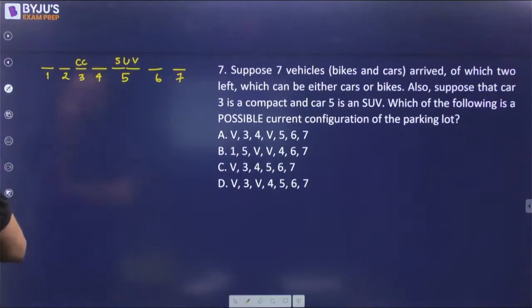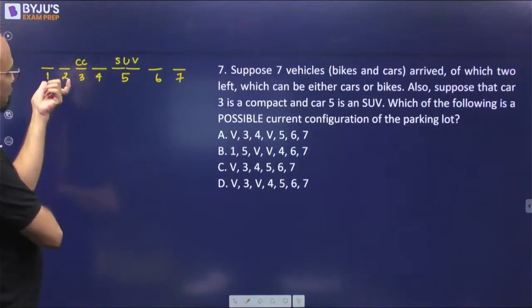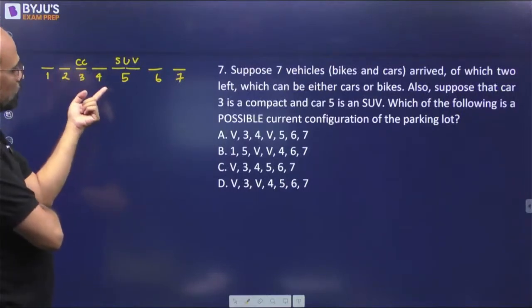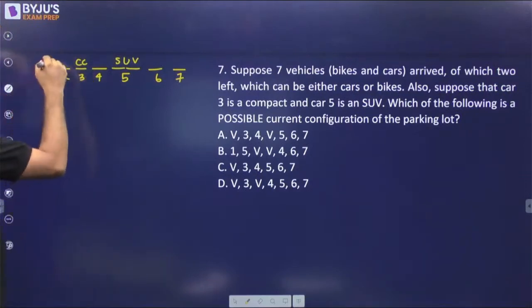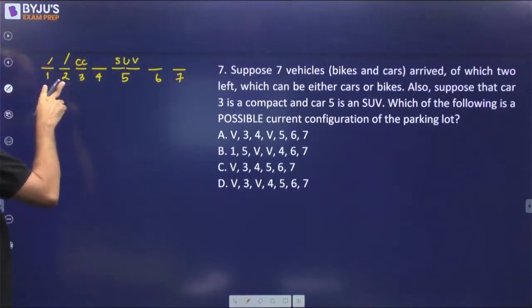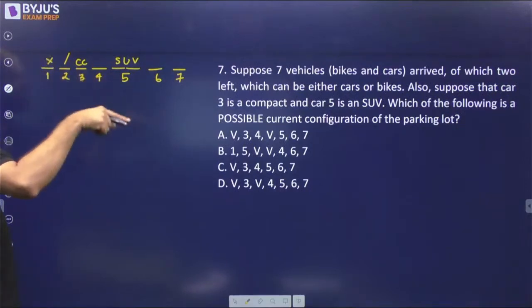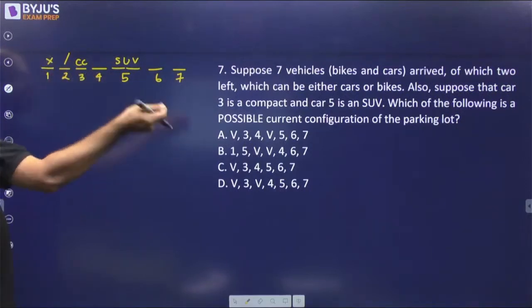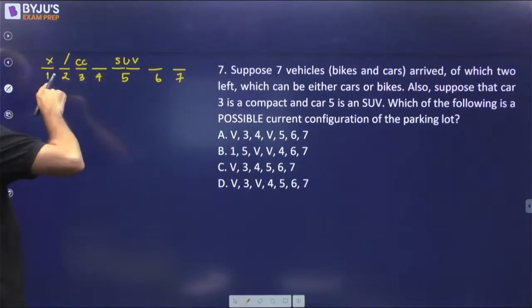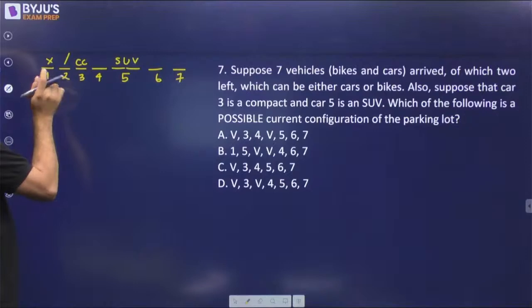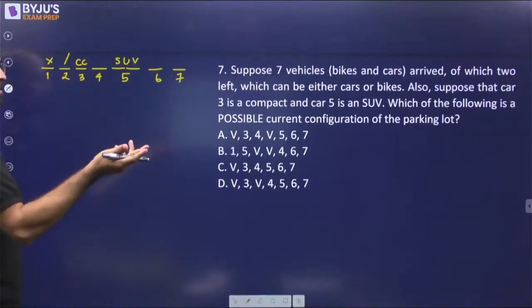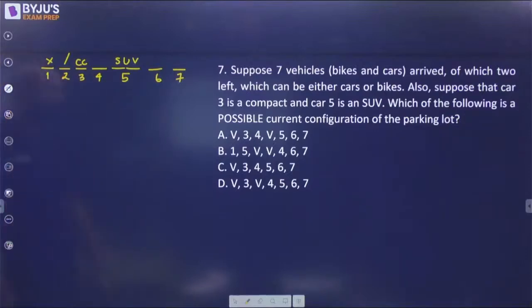So can we have vacant 3, 4? No. See, if both of them leave, we are supposed to have vacant. If only one leaves, then we will have vacant 2 या फिर 1 vacant. These are the token numbers, right? So even if you have an SUV at the first position, it will occupy 2 parking spaces. पर वहां पर token number तो 1 लिखा हुआ होगा ना. So we can't have a single